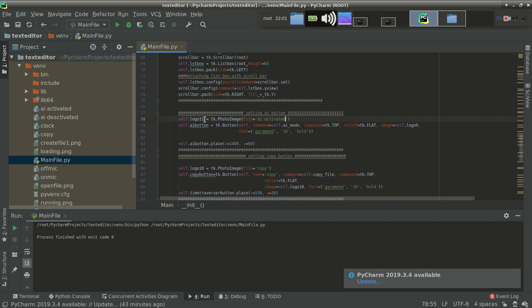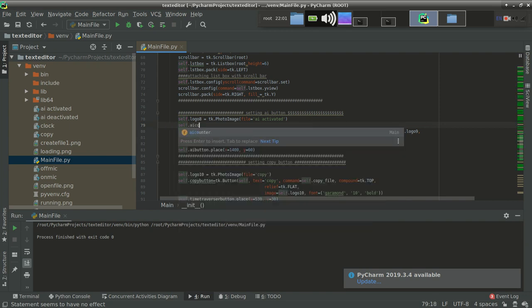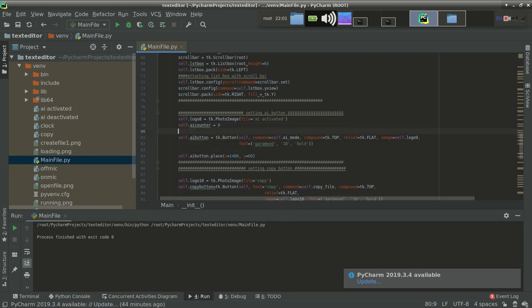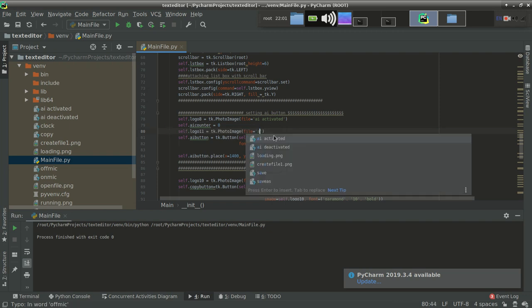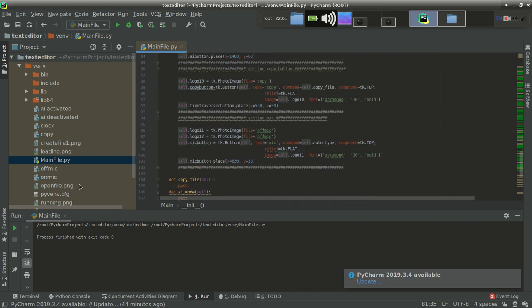It should be logo 8. And then we had a counter named self.AI counter equal to 0. Again another image, AI deactivated, that one is 8 and then 9. Yeah, that's fine, everything is fine. Let's verify the result.